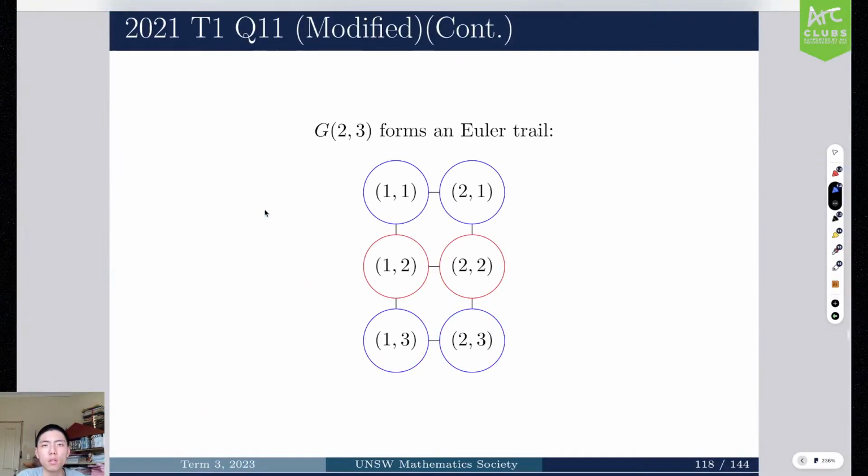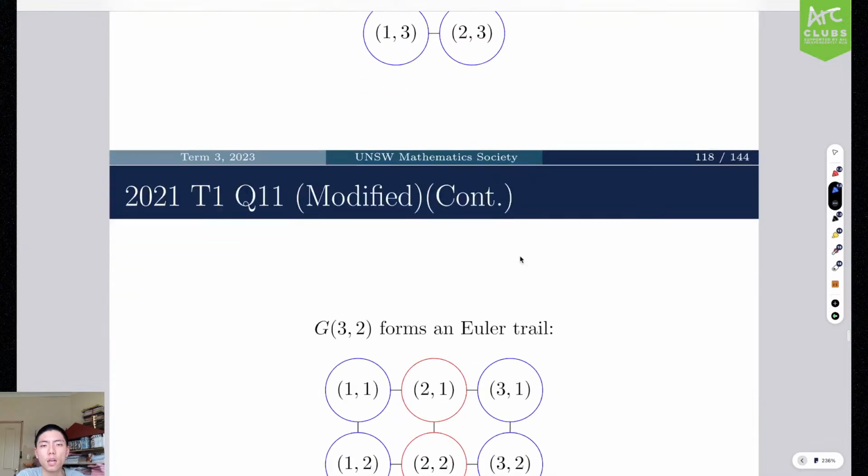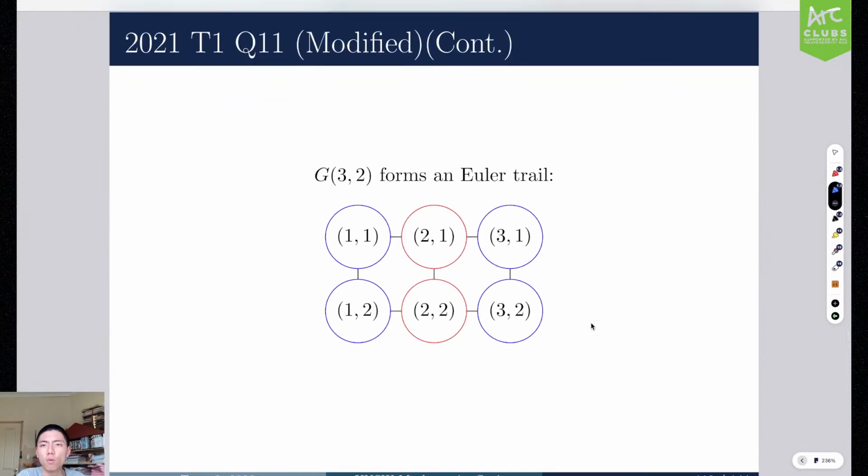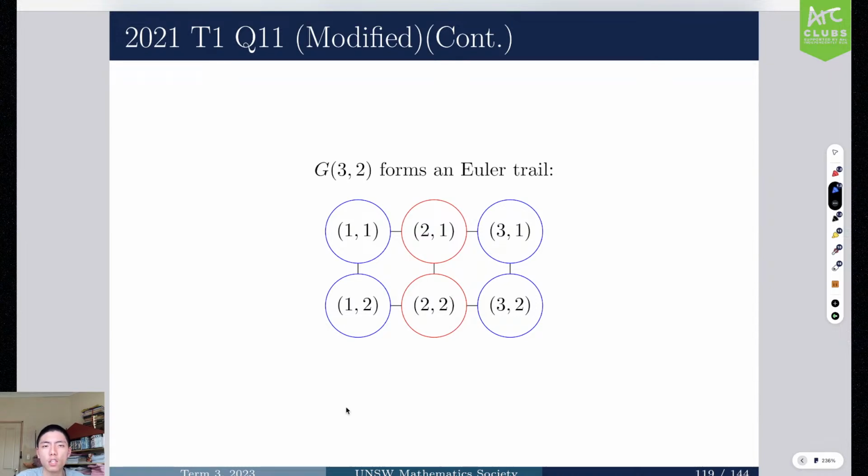So this one would have an Euler trail if it were to make it so that it would form on this, right? And this would be the other Euler trail that you can form as well. Also, I've just realized that you can actually have something that looks like this as well. This is actually a valid solution. Although this may be trivial,